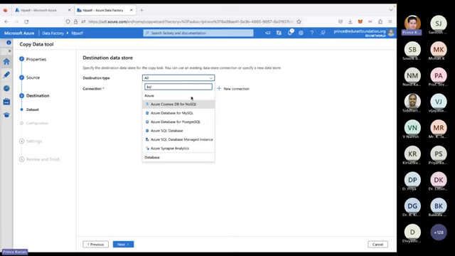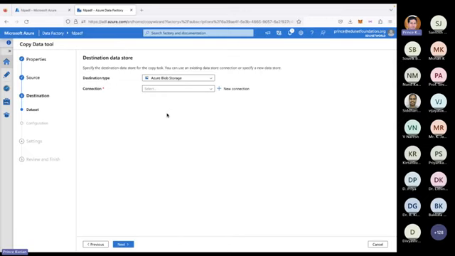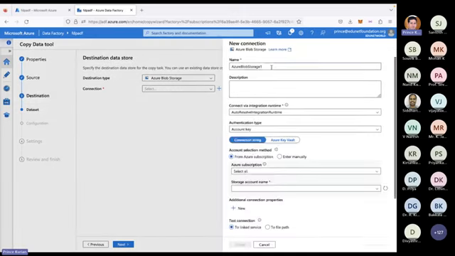But now what we are going to do is store in Azure Blob Storage. This is our first exercise, that is why we are selecting Azure Blob Storage, a very simple one. Here we already have a connection to Azure Blob Storage. Either you can use that one, or for better understanding, you can create a new one. Okay, so it is store